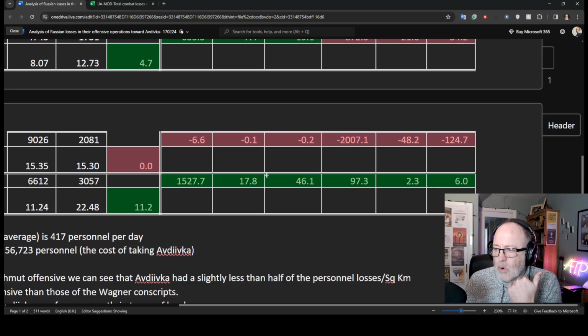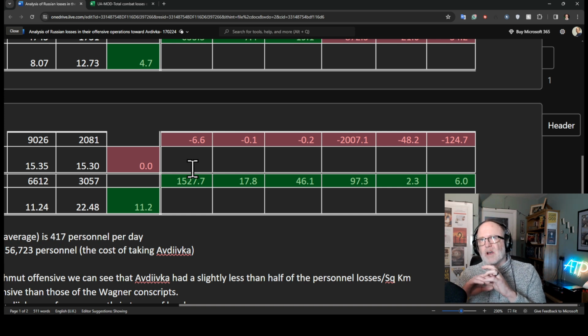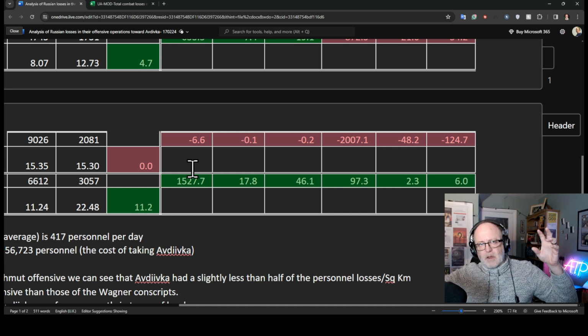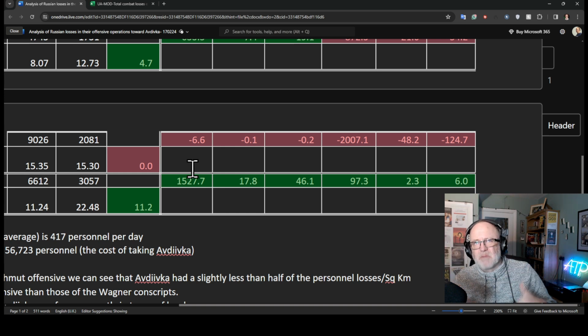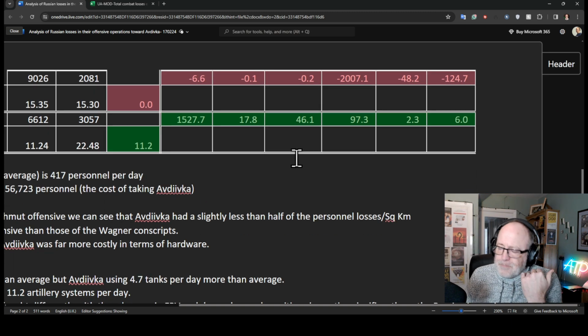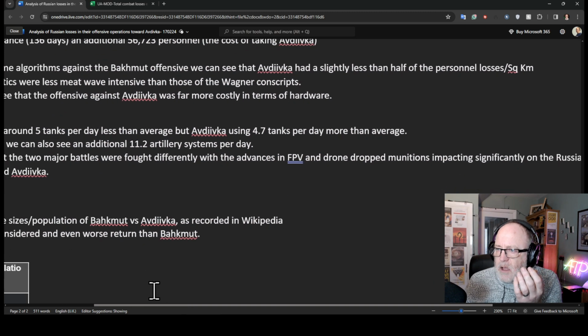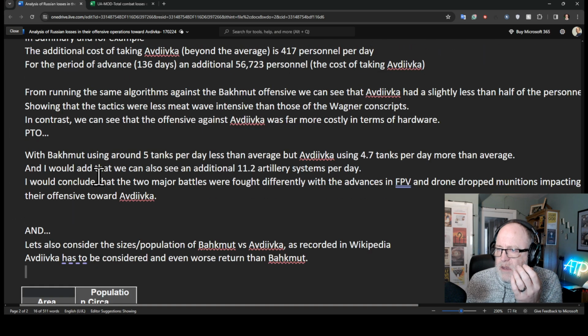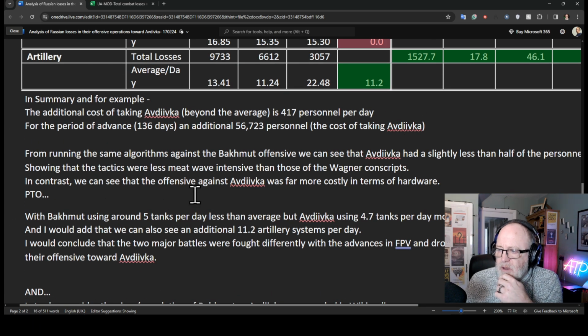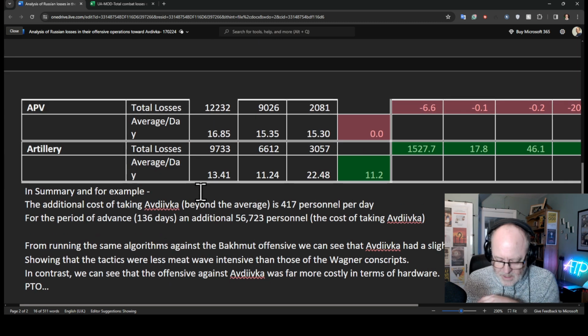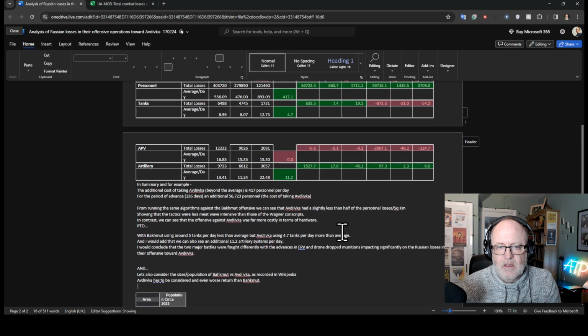Artillery did cost more, but I think the artillery figures are much more likely to be spread throughout the whole thing, and I don't think you have concentrated artillery usage in these places as much as you do things like mechanized equipment or personnel. So I think that's a really useful bit of data analysis that Dell has given us here, and there's a little bit more he sent me in terms of explanation and what he's found out. So a big thanks to him. I think that's absolutely fantastic to have this data that we can all look at.